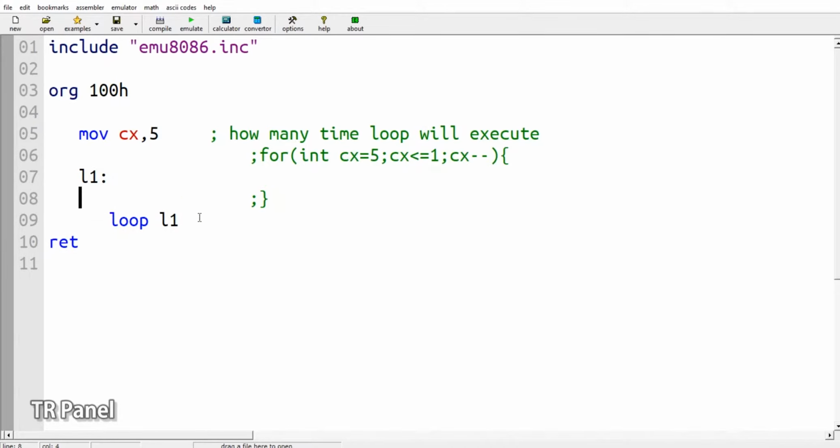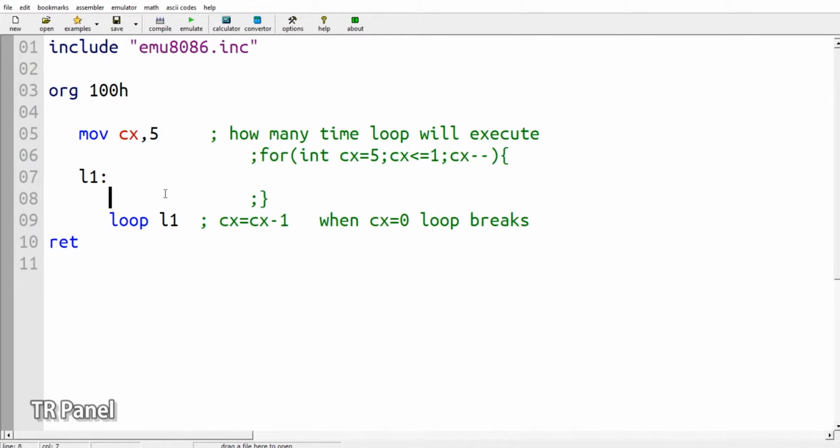Now this is the loop. This line does these two works and this work is done here. This line means it subtracts 1 from the Cx register and also checks that Cx is greater than 0. If Cx becomes 0, then it will break the loop.